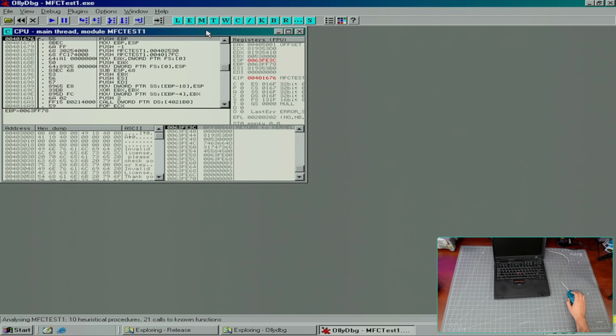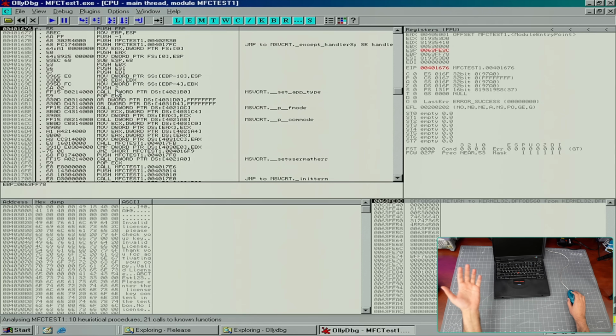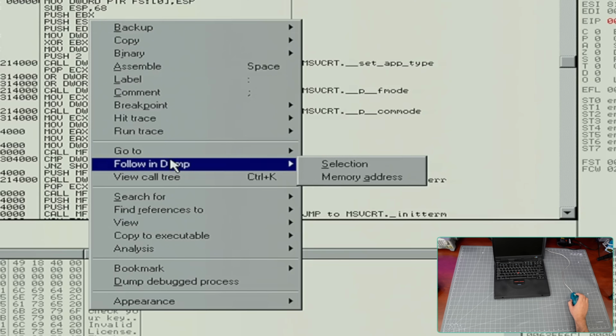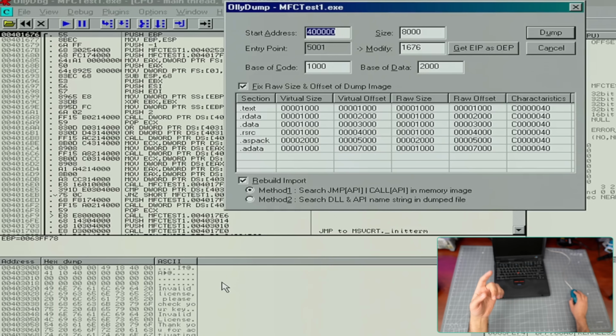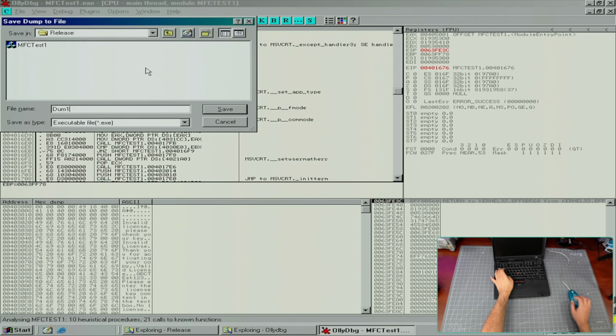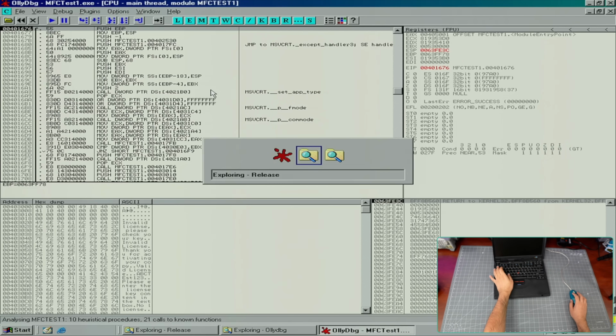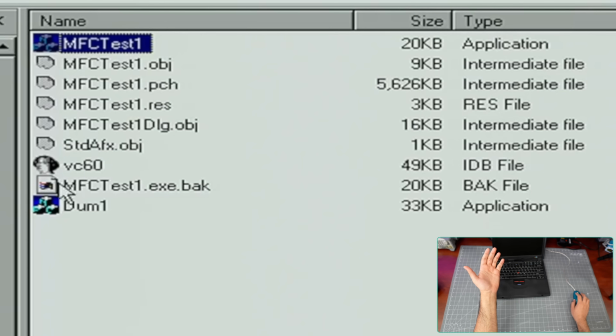But we want to save this now. If we unpack this, we want to save the state of modification where we changed the jump. So you can dump the debugged process, and where we are, the EIP is pointing to the original entry point, so we are at the correct location. We dump this and call it dump 1. If I go back to the release folder and try to run dump 1,